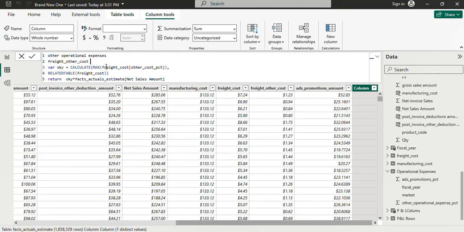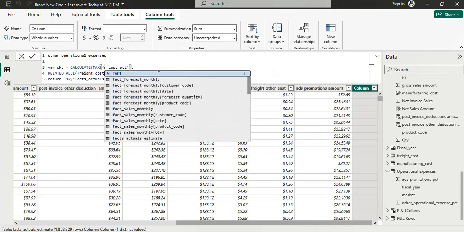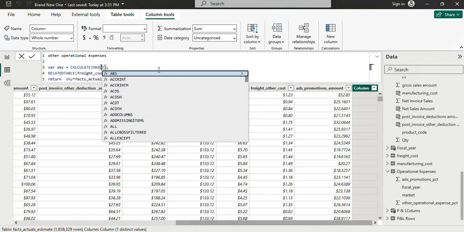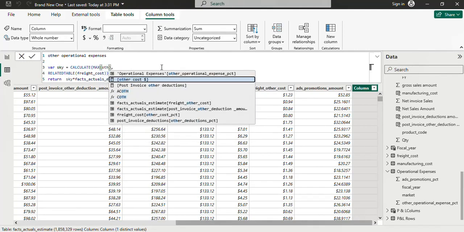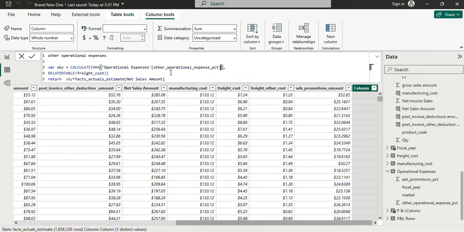Then okay, so yes, operational expenses, other operational expenses